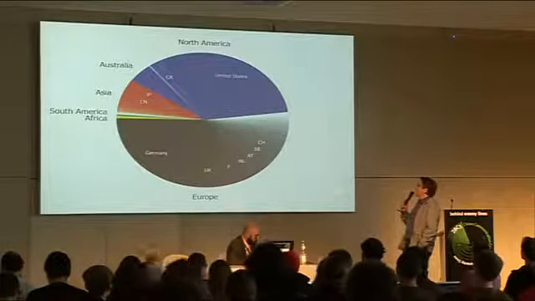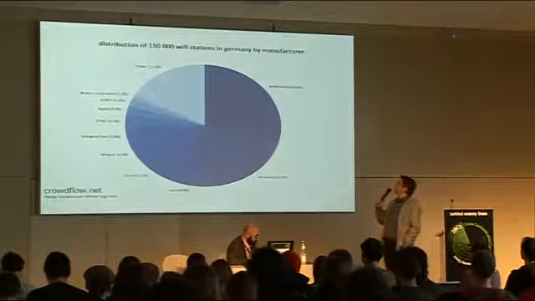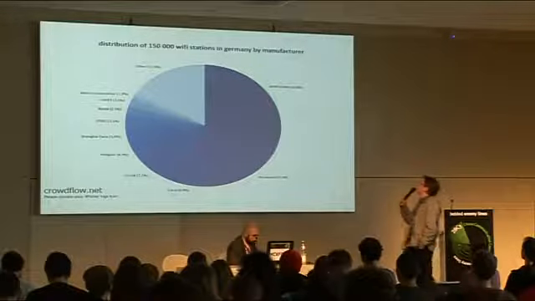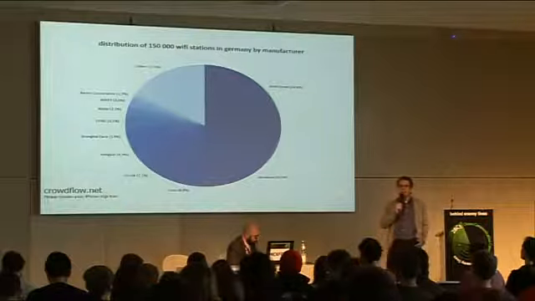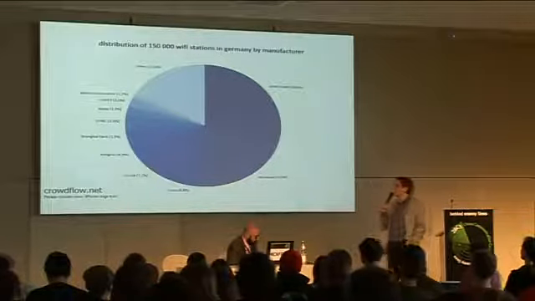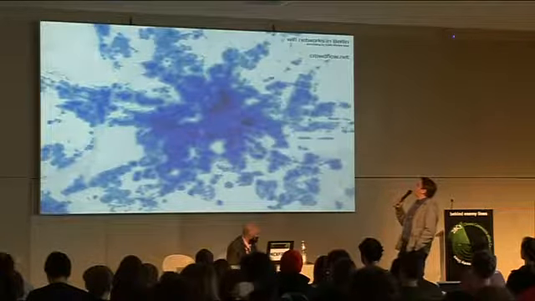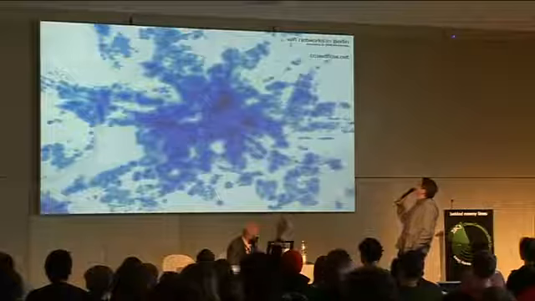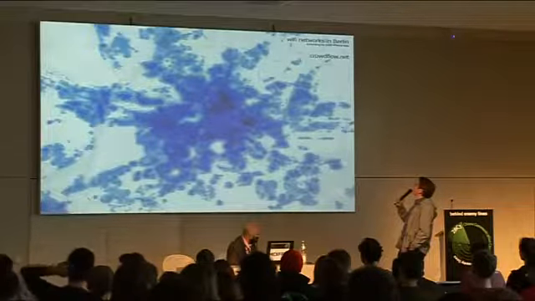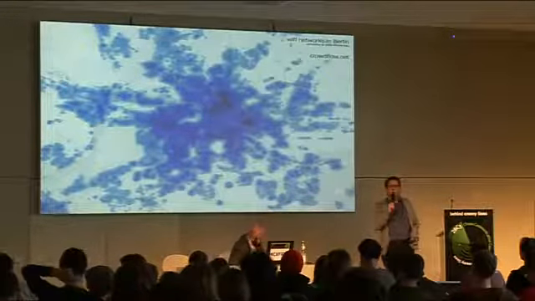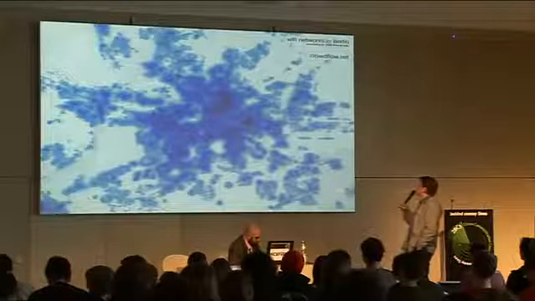And you can do a lot more stuff. For example, 150,000 Wi-Fi stations are here in Germany, and you can use the MAC address to find out who the manufacturer of these Wi-Fi stations is. You can make a chart, and you can see that AVM, the manufacturer of the Fritzbox, a DSL Wi-Fi station, is most popular, then Arcadyan, Cisco, D-Link, Netgear. This is a map of Wi-Fi stations in Berlin. I don't know how many it is, but probably a million. No, I'm not sure. Currently we have 30 million Wi-Fi stations. You can download it. It's a 1.5 gigabyte file. You can download all the stuff on Crowdflow.net.